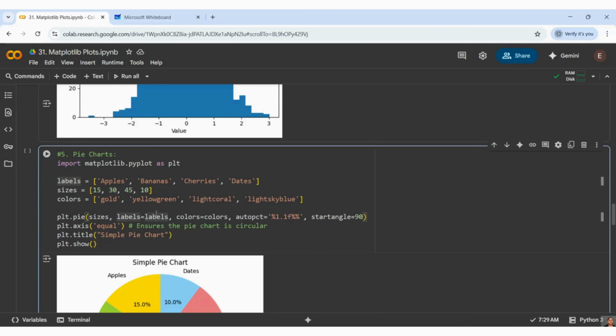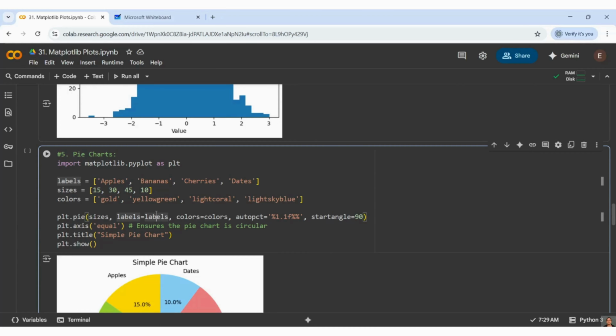Now, how will we implement pie charts? What is it, guys? It is going to take categories and divide them into different sizes and percentages. Like if you are looking for how many people failed and passed in 4 subjects, consider that you want to know the analysis: what percentage of students passed in those 4 subjects? You can take those 4 subjects.